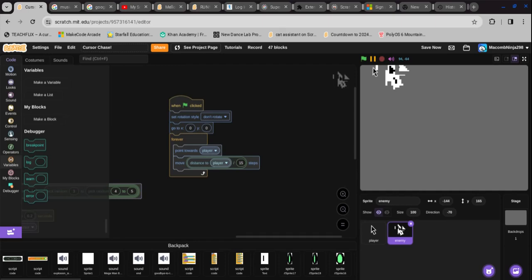This is me, W, and welcome to episode 2 of how to make a cursor chase game. We are doing the speed variable and the start screen. Okay. First, let's do the